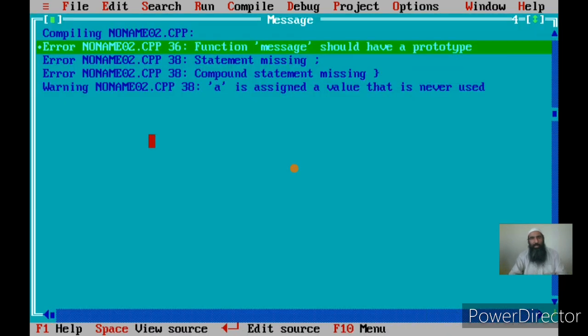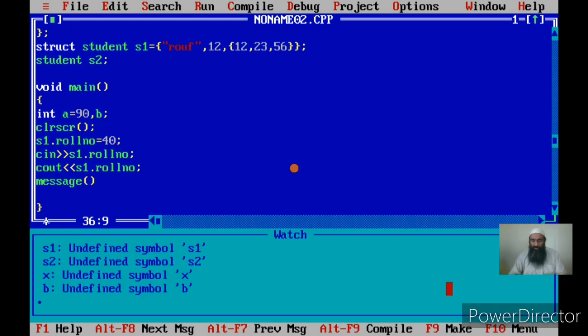There is an error. What is the error? Function message should have a prototype. You will get an error here, so you need not do something like this. It is not allowed. You cannot call a function like this. You have to use s1 dot message and then put a